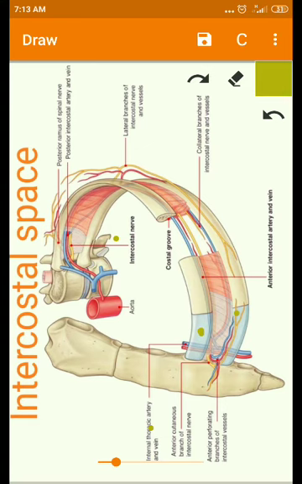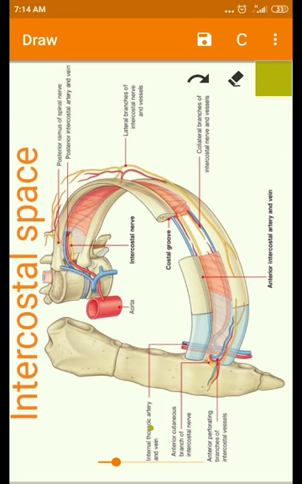Among these intercostal spaces, the fourth, fifth, and sixth are called typical intercostal spaces, because the typical intercostal nerve supplies these 3 intercostal spaces, which are the only nerves that supply the thoracic region. Okay, now coming to the